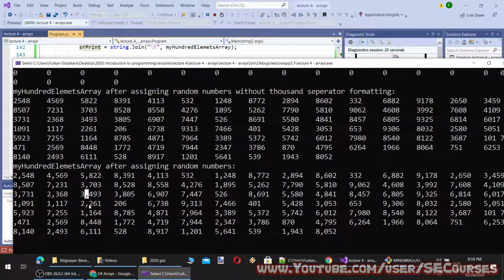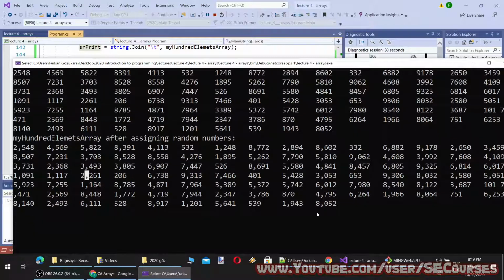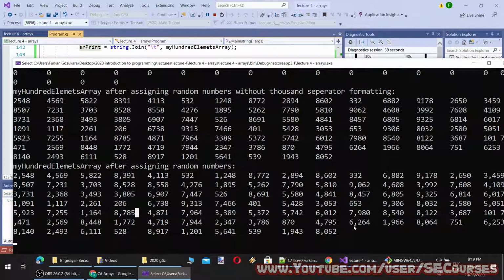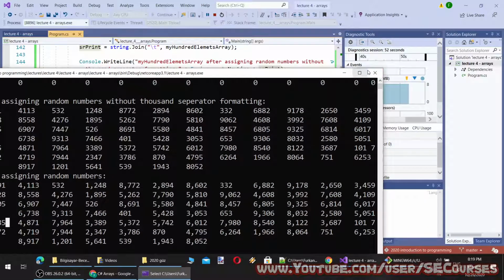In Turkish it puts dot, or depending on your language it may change. Okay, so you see now they are more readable to the human eye, and this is how we assign variables to the arrays and print them or make manipulations with them.